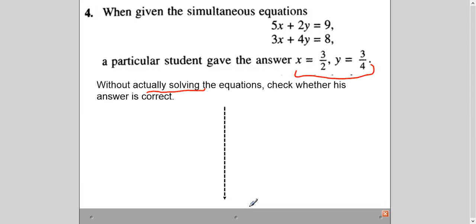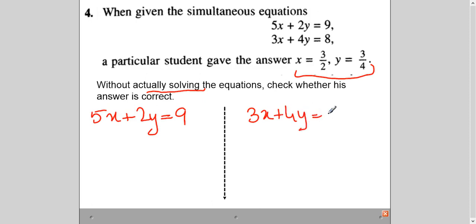You will plug in these values of x and y here, exactly the way I just told you a minute ago in the previous example. So I will substitute the values here in these 2 equations. And my answer should be 8 in this case and 9 in this case. So now let me substitute here, or you can put the video on pause and try it yourself.